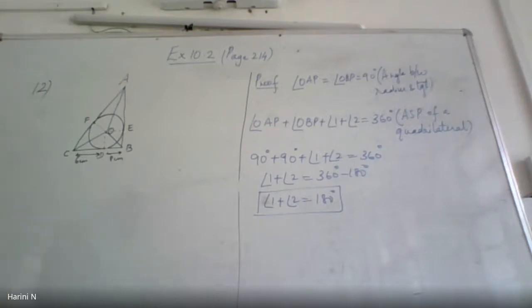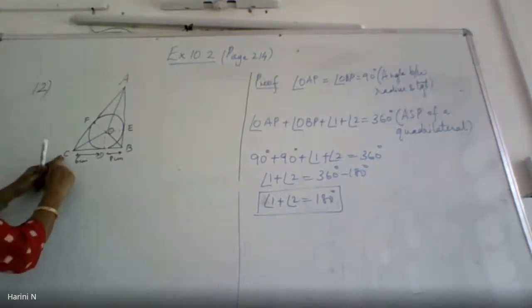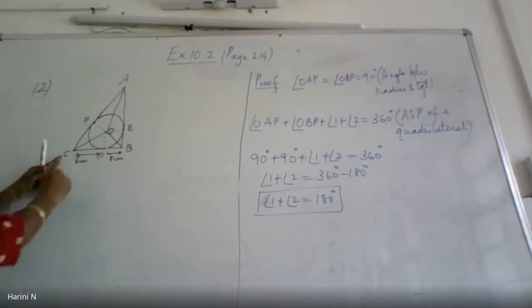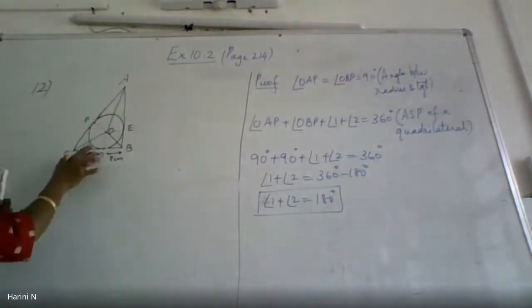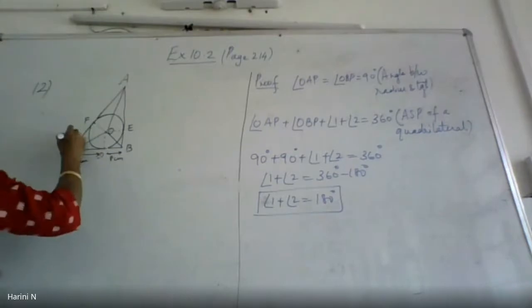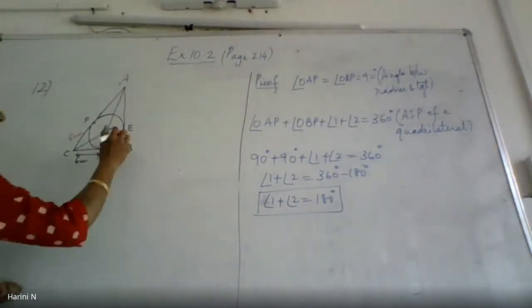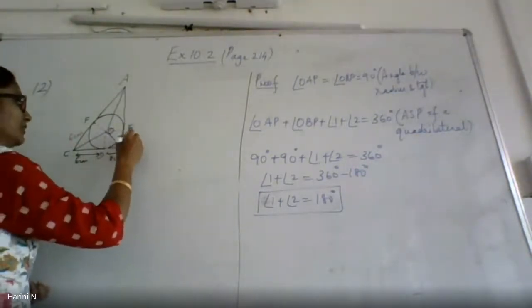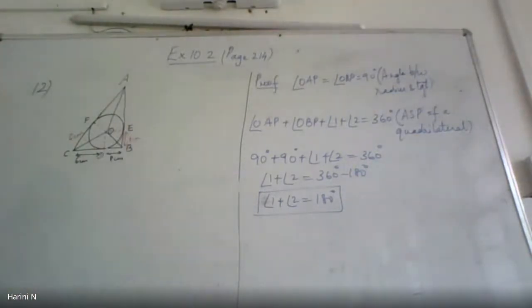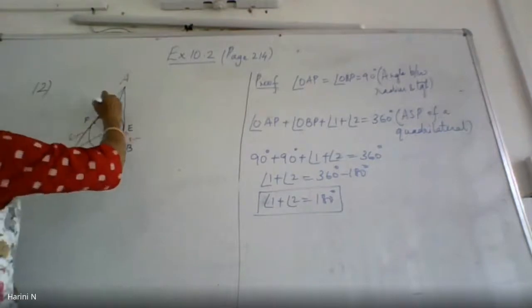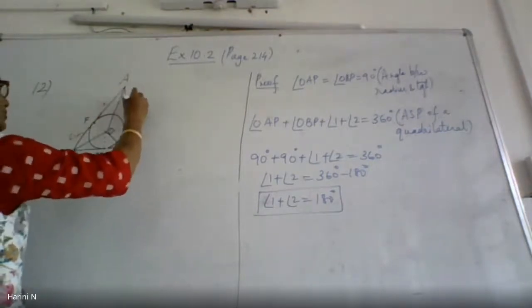Yes, now I am going to look for tangents. From C, CD is one tangent to the circle. Can I say CF is another tangent? If this is 6, can I say CF will be 6 centimeters? Because tangents from C to the same circle will be of equal length. So if this is 6, this will also be 6. If this is 8, this will also be 8. Alright. So this from A I don't know. So I will take this as X, so this also will become X.